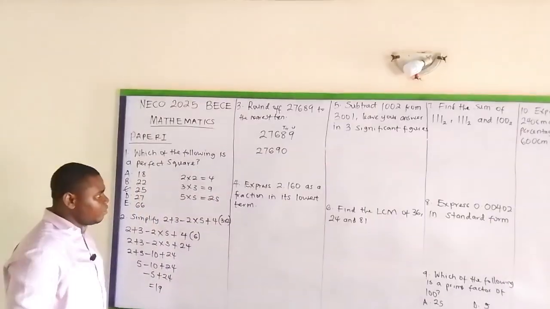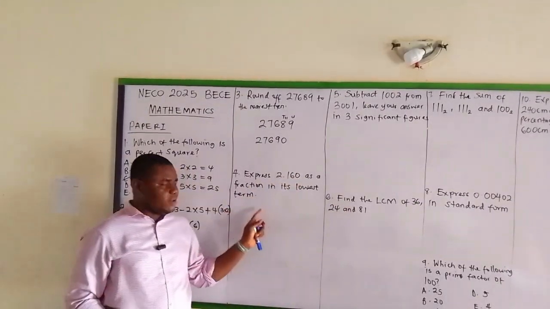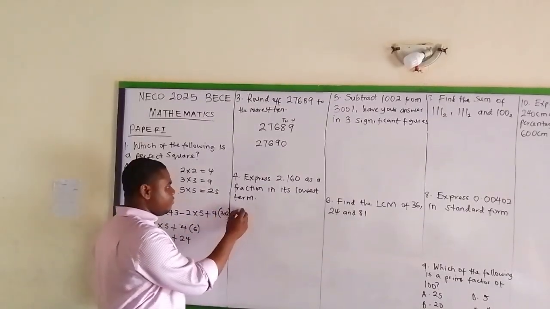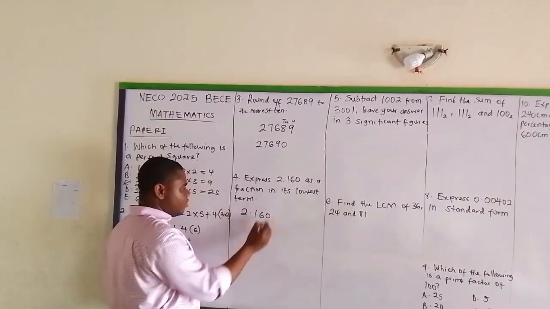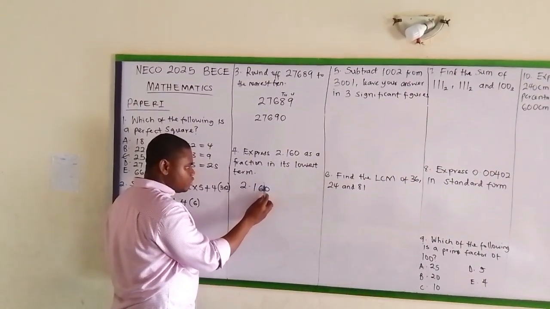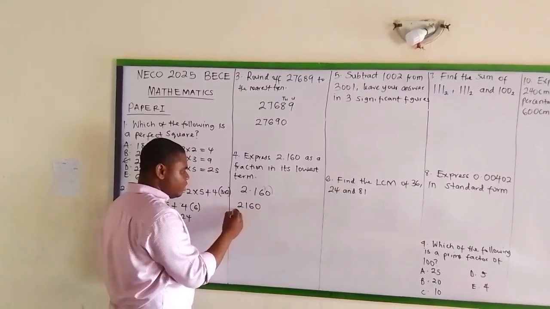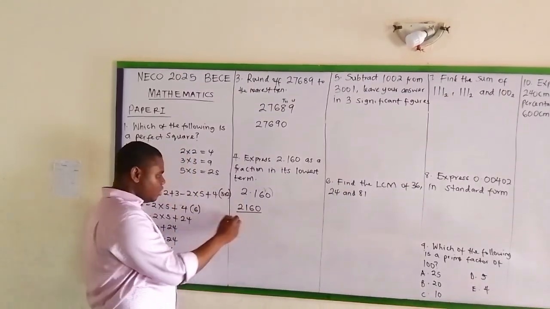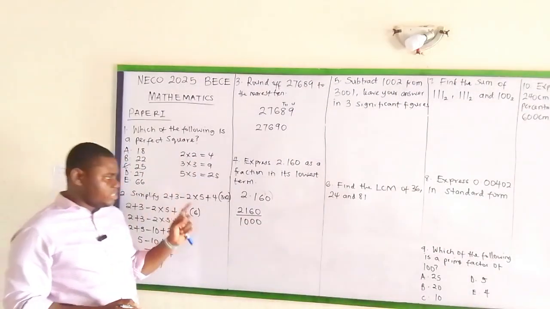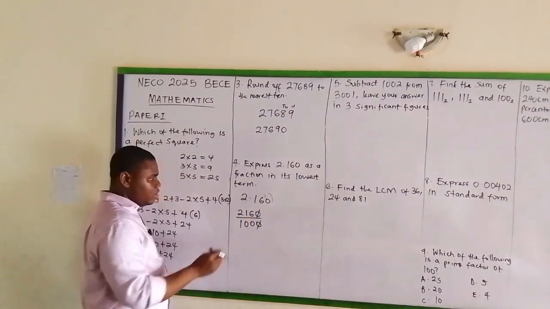Okay, let's go to question number 4. Express 2.160 as a fraction in its lowest term. Now, in this case, to convert 2.160 to a fraction, I count the decimal places: 1, 2, 3. So this will give me 2160 over 1000, moving the decimal point 3 times. Alright, so I'm going to reduce it to a fraction in its lowest term. Now in this case 0 cancels 0, so I'll be left with